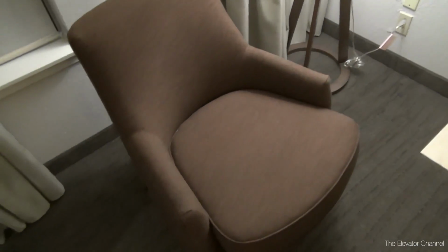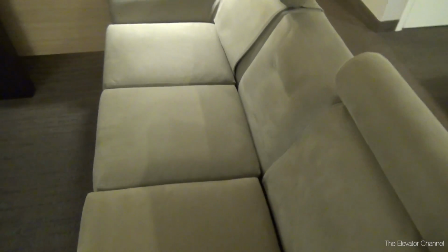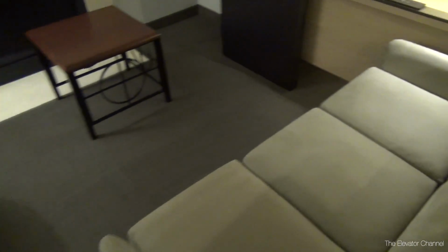Furniture overall looks pretty new and nice, actually. Yeah, actually, this all looks to be in excellent condition. Good materials, too. Looks like it's nice and easy to keep clean. It's an interesting little sleeper sofa. The only thing I think that makes this part of the room look slightly awkward is just that it really